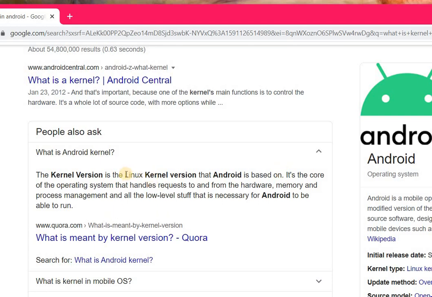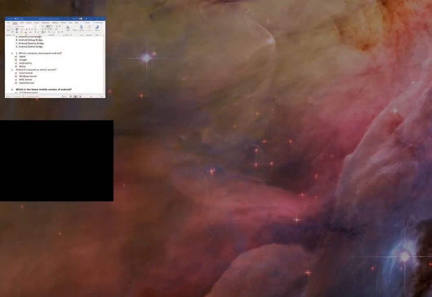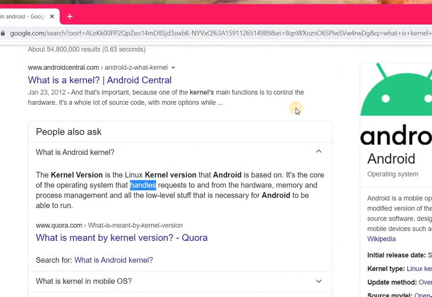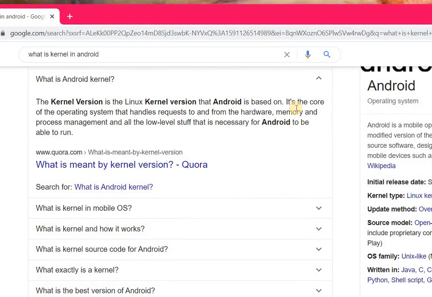So the kernel version of Android would be the same as the Linux kernel version that it is based on. So these are basically, your exam is an MCQ exam, so it doesn't matter कि आप लोग को ये terms भी ना समझ आए. Just you guys know what it is. जो मैं बोल रहा हूँ, just follow it along, write it in a register. So you guys will be able to do your exam.